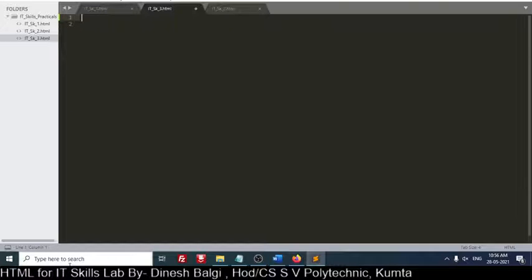It's not coming up. I will try it in itskill2, this file. So automatically it came.